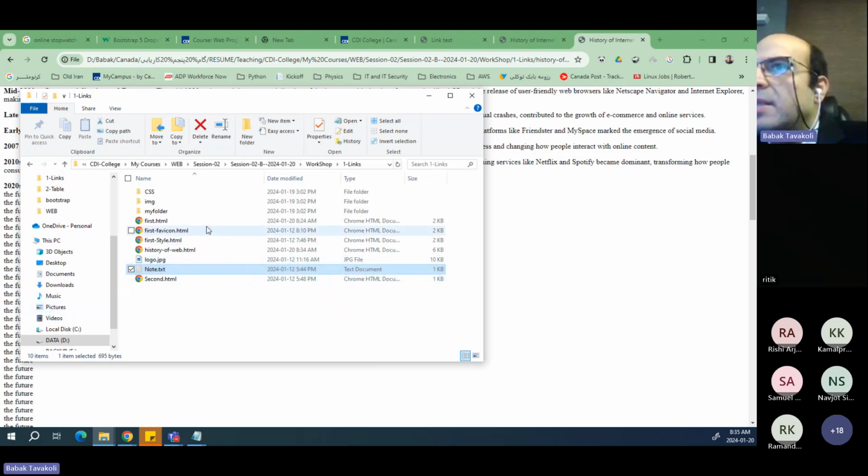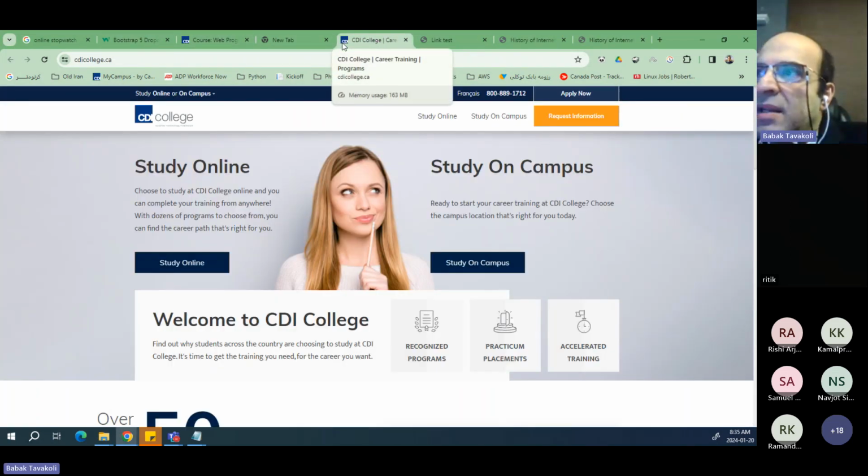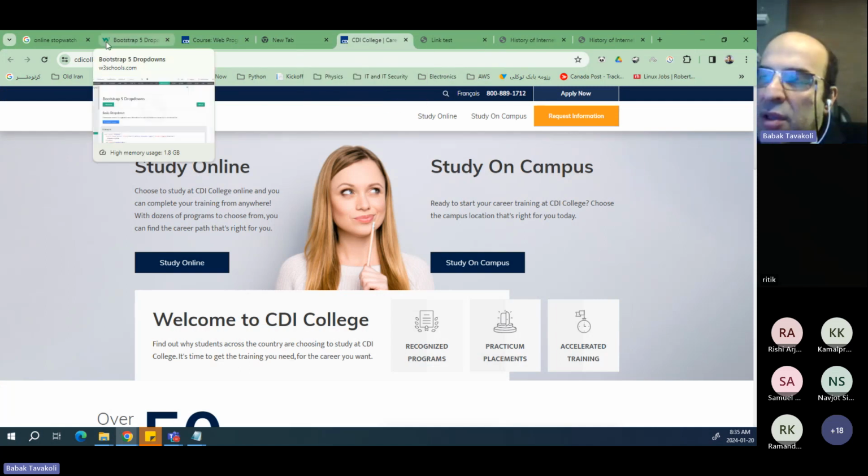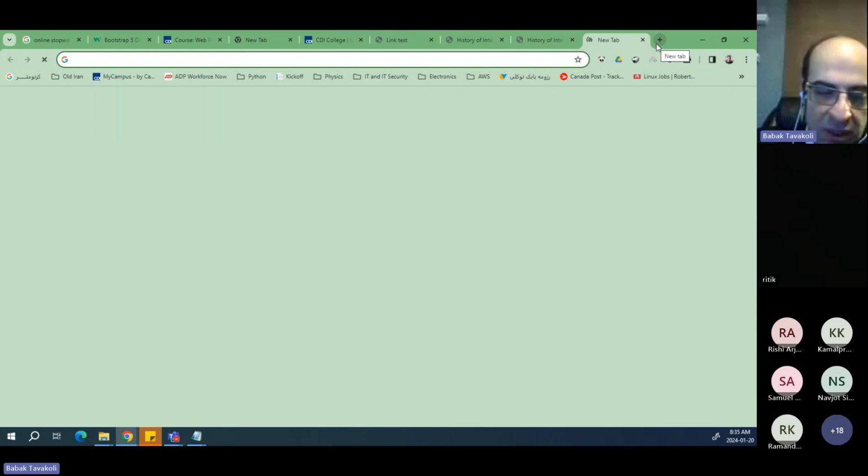And another thing is this small fav icon or favorite icon, which appears here. You can see this is the icon of CDI College here. And for the Bootstrap, this is the icon of W3 School. And every website, even my own website,